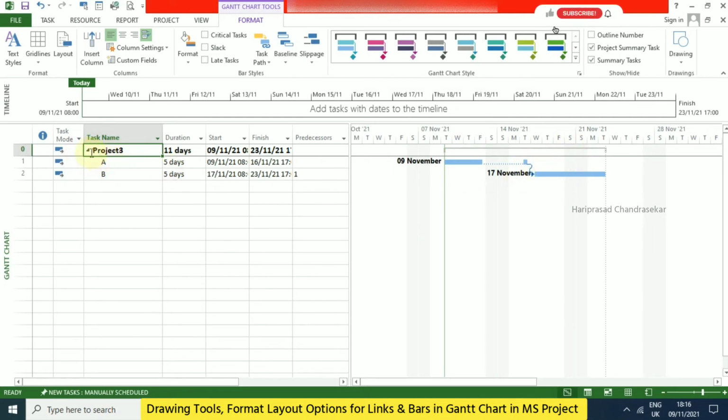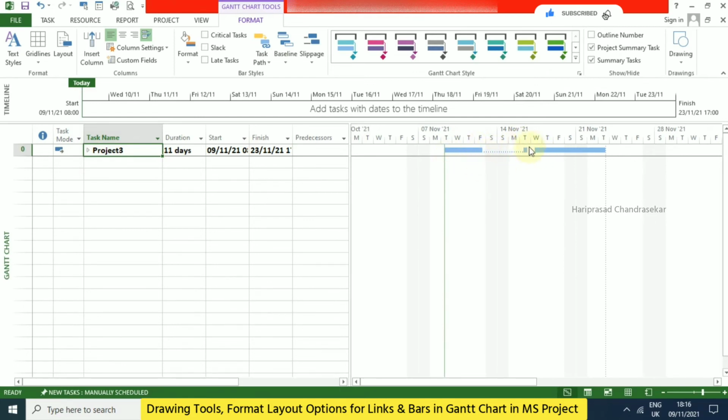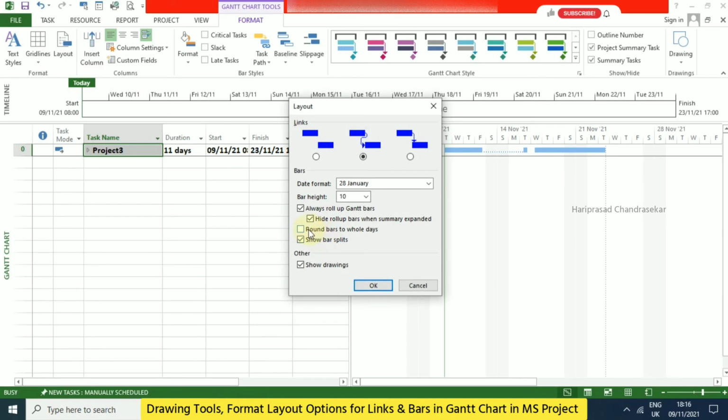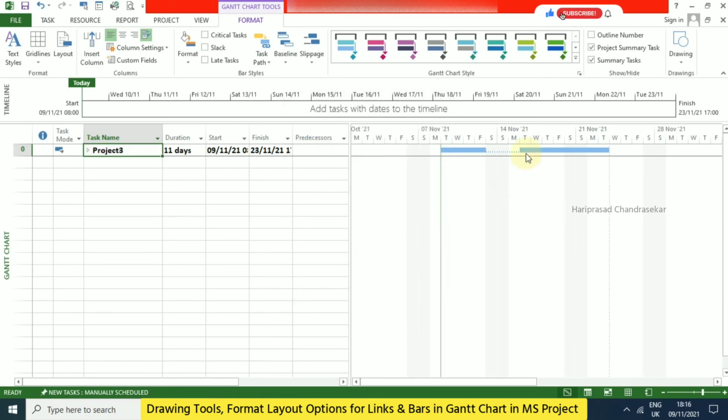That gap also shows in the summary, because every day we work for 8 or 10 hours, and after that we have some blank. That blank is what we can see here. This option is also in Layout. If you want to show that as a whole day, click this and then click OK. Then we can see the whole day.